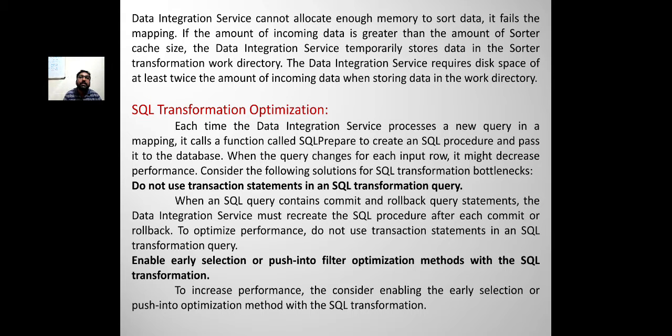To optimize performance, do not use transaction statements in an SQL transformation query. Enable the early selection or push-into filter optimization method with the SQL transformation. To increase performance, consider enabling the early selection or push-into optimization method with the SQL transformation.